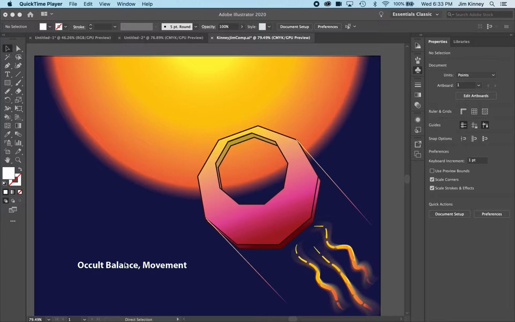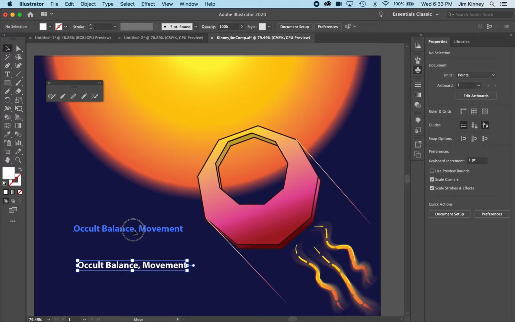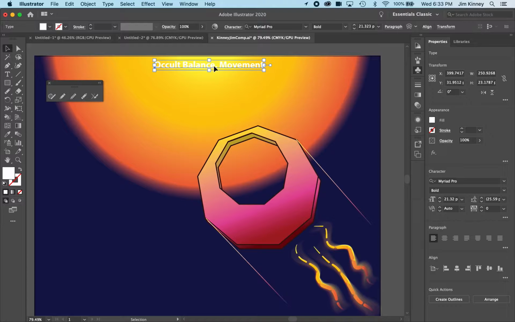Composition, and hopefully you have used one or more principles of organization or principles of design in order to organize it. You want to identify it by putting some type in there that actually says what it is, which principle you were using to compose your elements. I used occult balance and movement as principles for creating my composition, and then I've set that title in Myriad